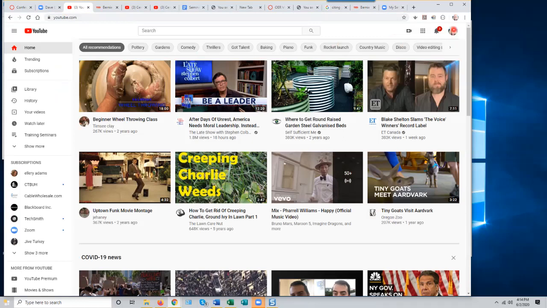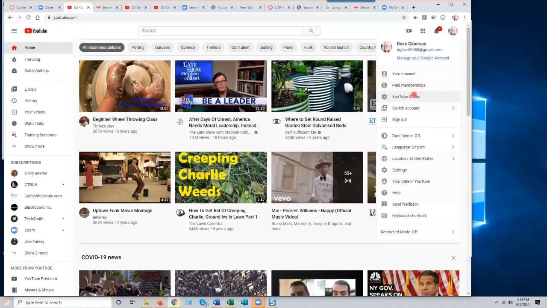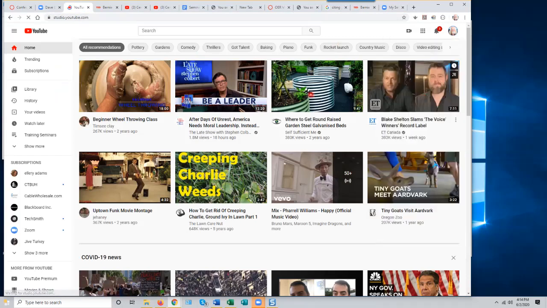There'll either be a picture of you if you've uploaded a profile picture to your Google account, or just a little silhouette, but it works the same way either way. You click on that and go to YouTube Studio, which is the video manager for the videos you've uploaded to YouTube. If you click on that, you go to a so-called dashboard